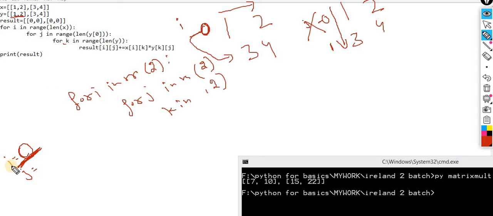So I am taking the two major output steps. When i is equal to 0, j would happen 2 times, 0 and 1, and k would happen for every iteration, 0 and 1. Now you can check it out. i 0, j 0. So what output am I getting in the first iteration? What output am I getting?